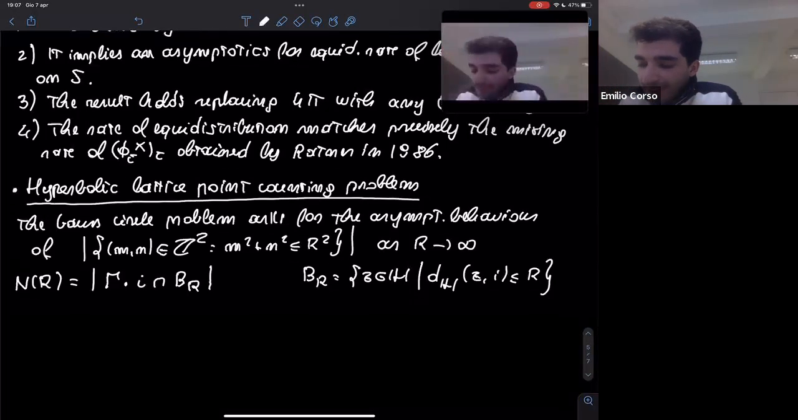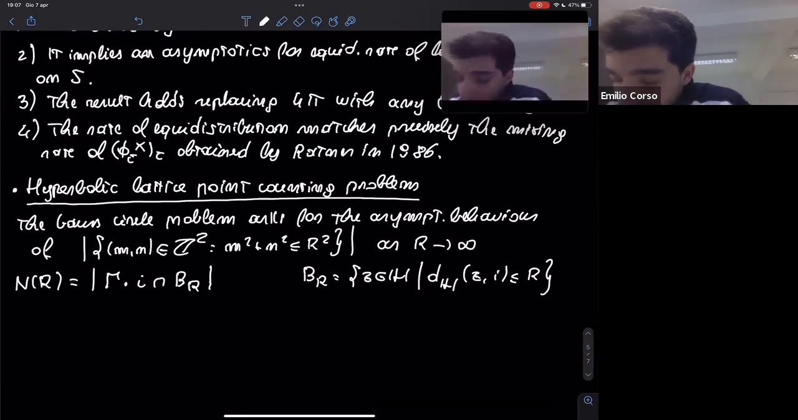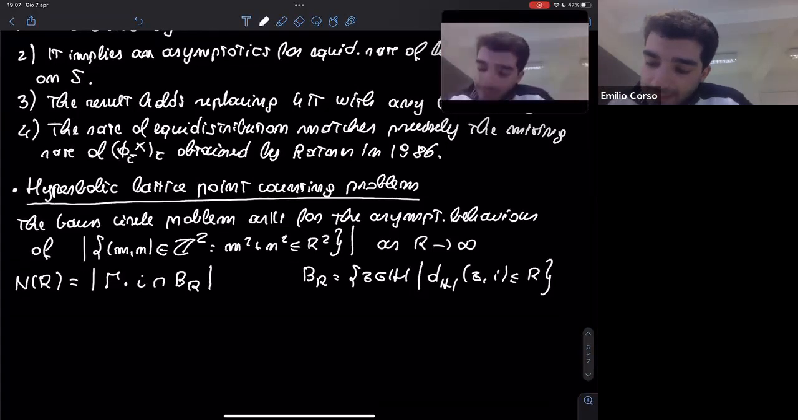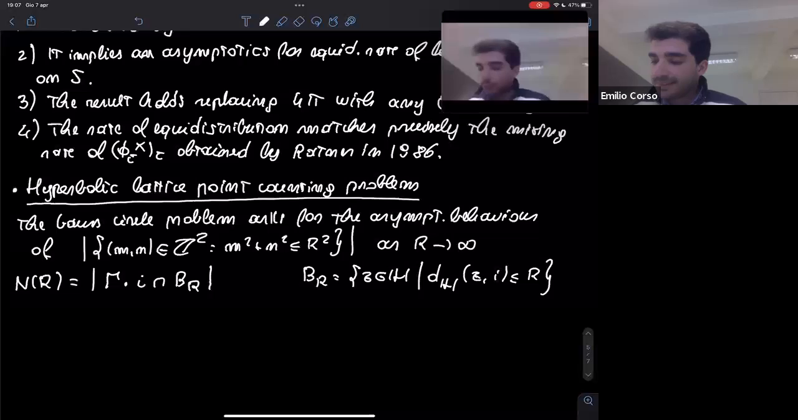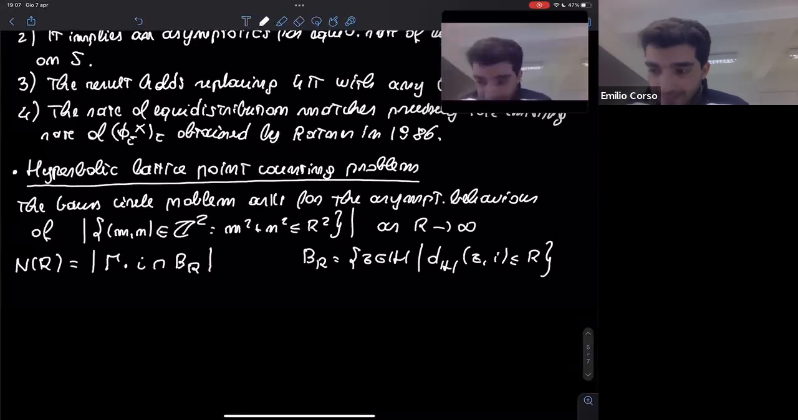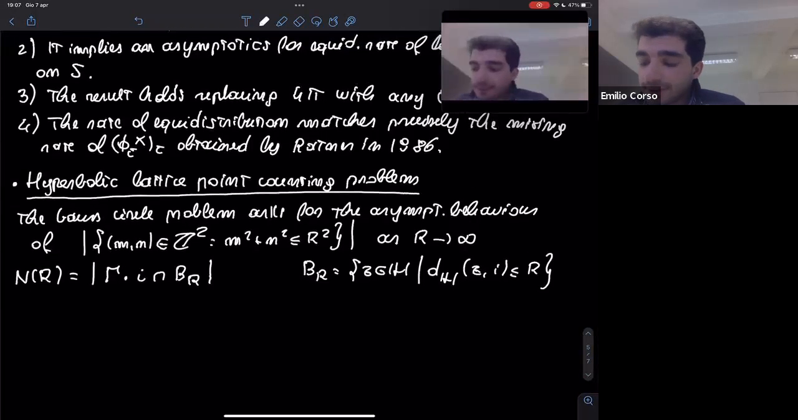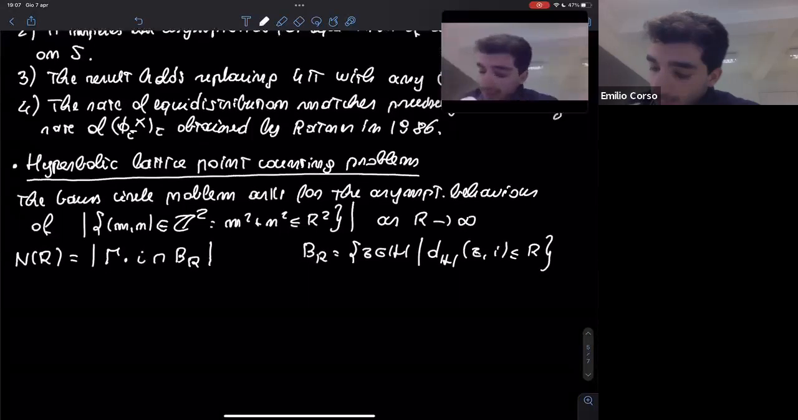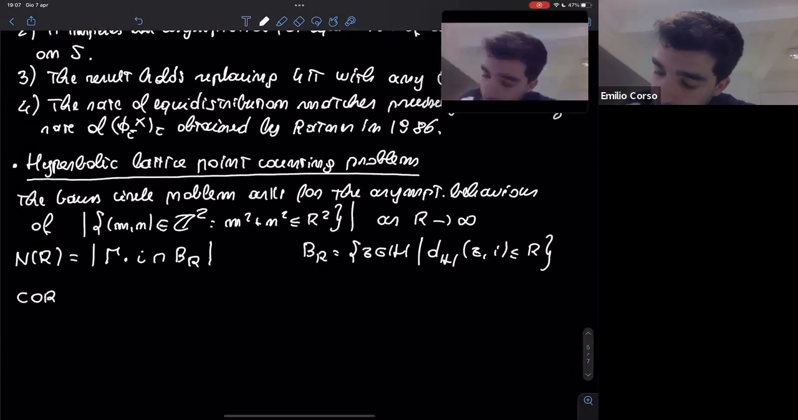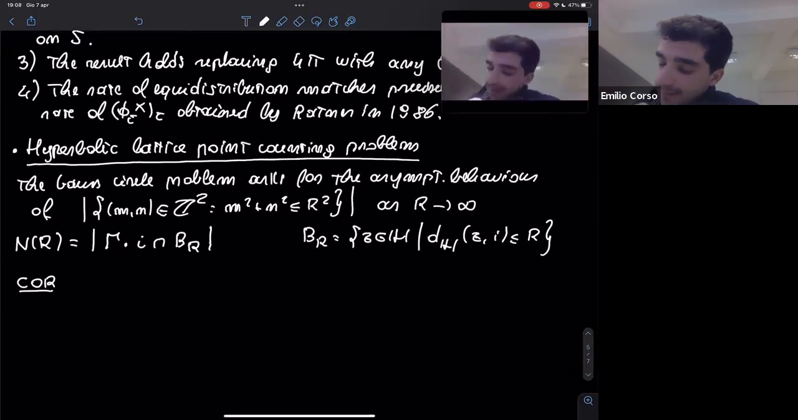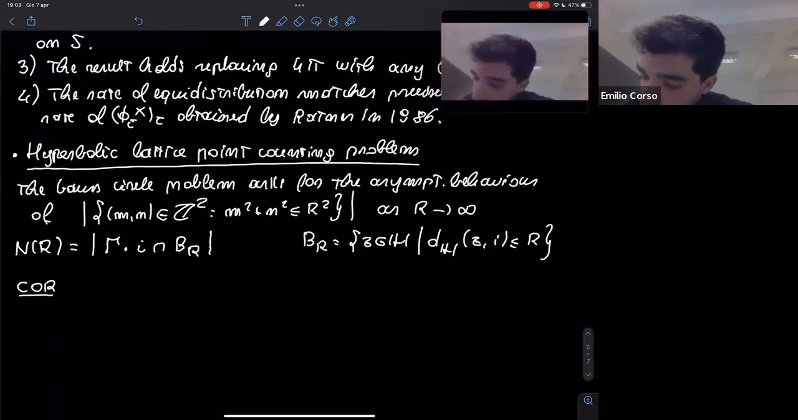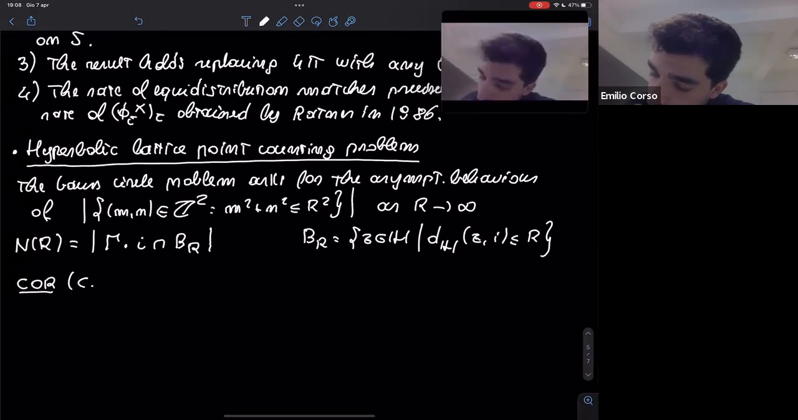However, it is by now classical that one can deduce results on this asymptotic once you have results on equidistribution of translates of some orbits. In this case, precisely equidistribution of translates of circles. And so let me say what the corollary of our theorem is. We get the following explicit bound on the error term. So the corollary is,